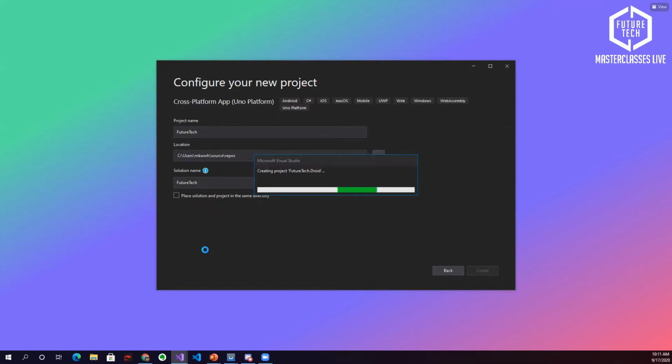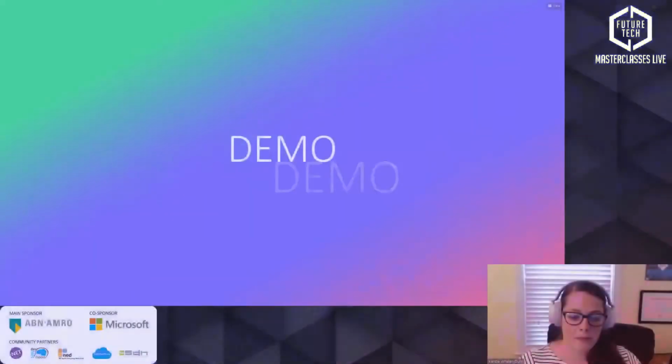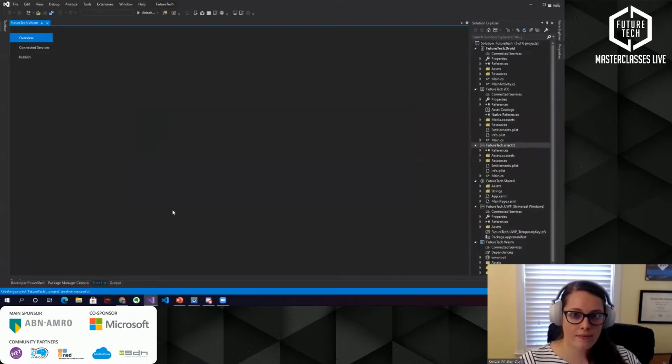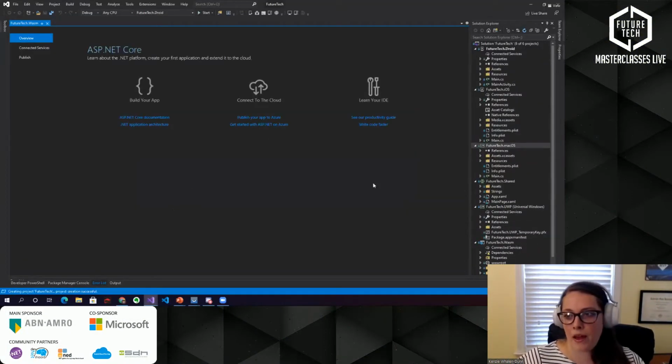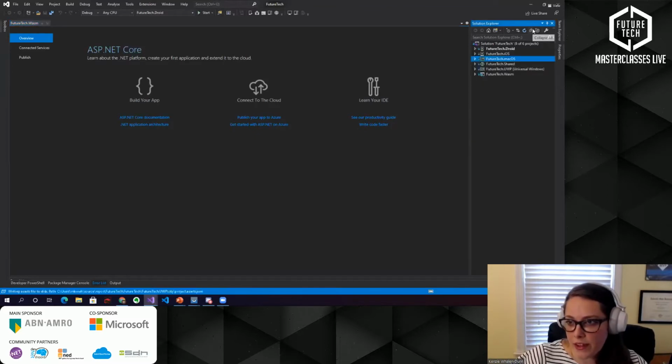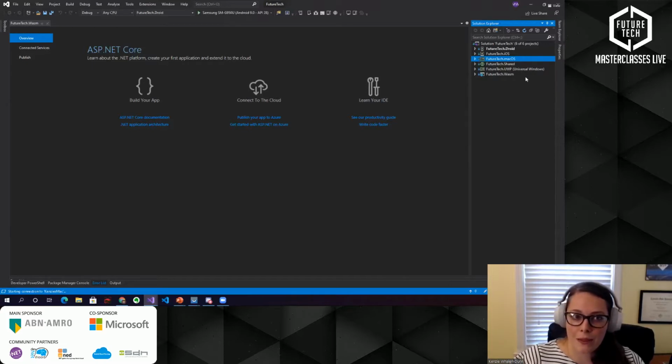Visual Studio right now is scaffolding our project heads for us using the template and applying all the NuGet packages and getting everything set up. It might take a second, a lot going on. Awesome. All right, so I'm going to close these files down the right-hand side. It's a little overwhelming, but these are all of our project heads: Android, iOS, macOS, our shared project, which is where all the magic happens, UWP, and WebAssembly.